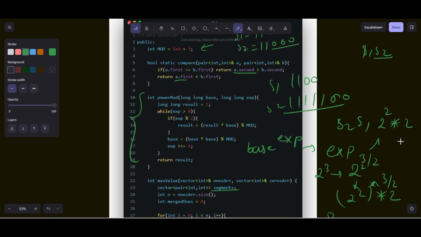And again for 2 power 2, which is even, you can represent it by 2 into 2. So at the end you will get your answer.